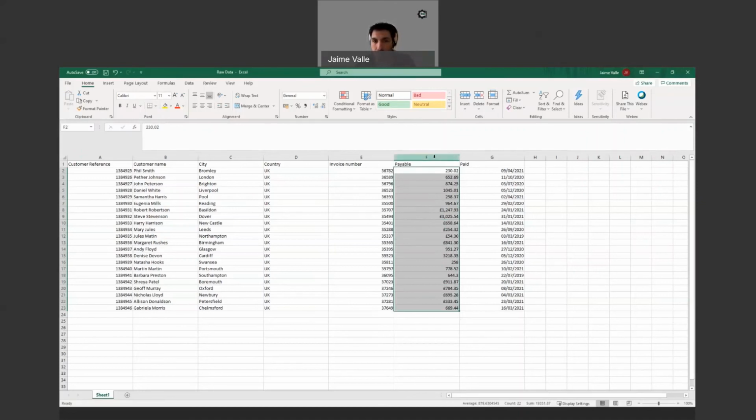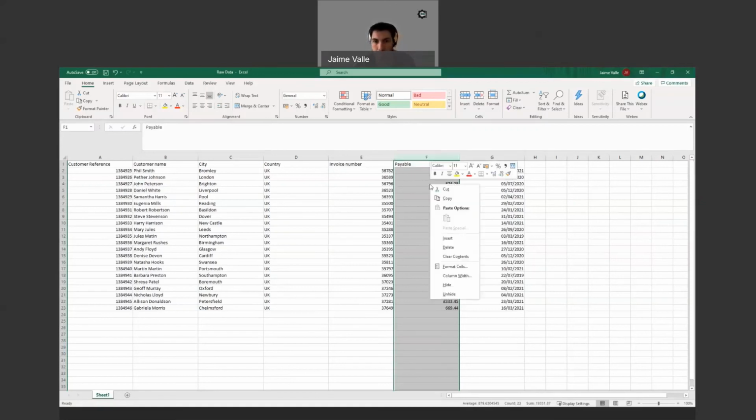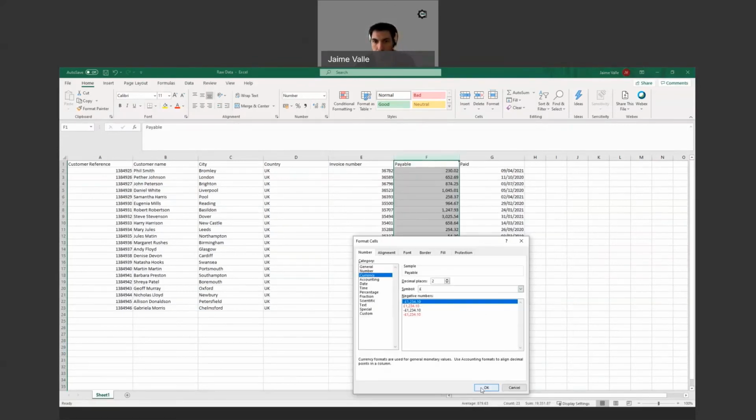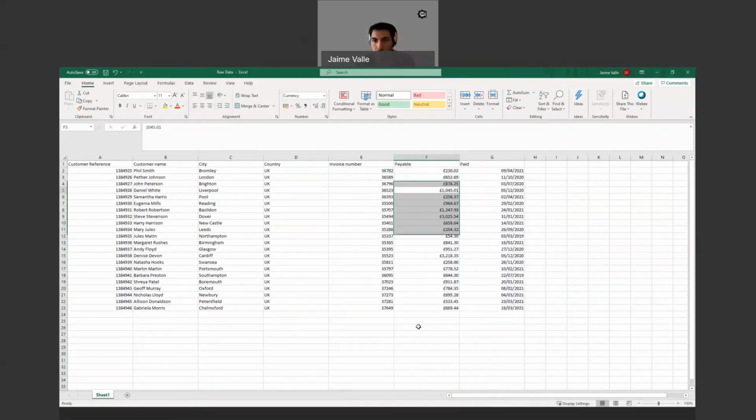So I select the whole column by clicking on the header letter of the column, and that automatically means I'm selecting the whole column until the very end. It doesn't matter how long your spreadsheet is, it's all selected. Then I go to Format Cells, Currency, and make my changes. Okay, there you go, all done.